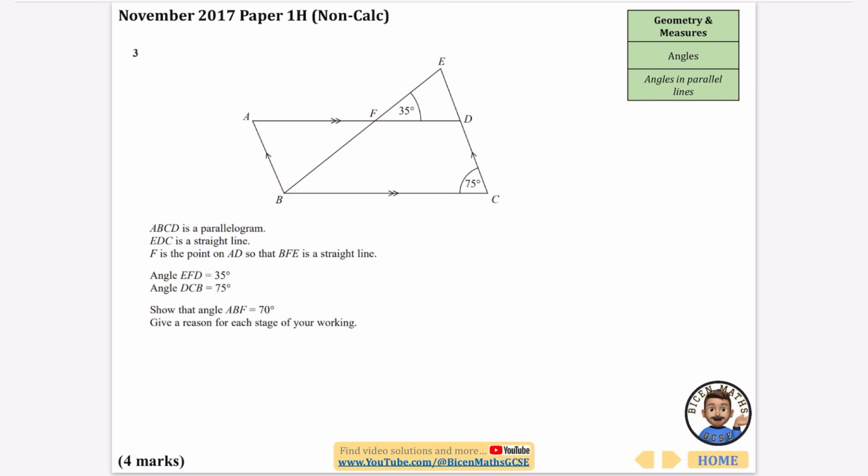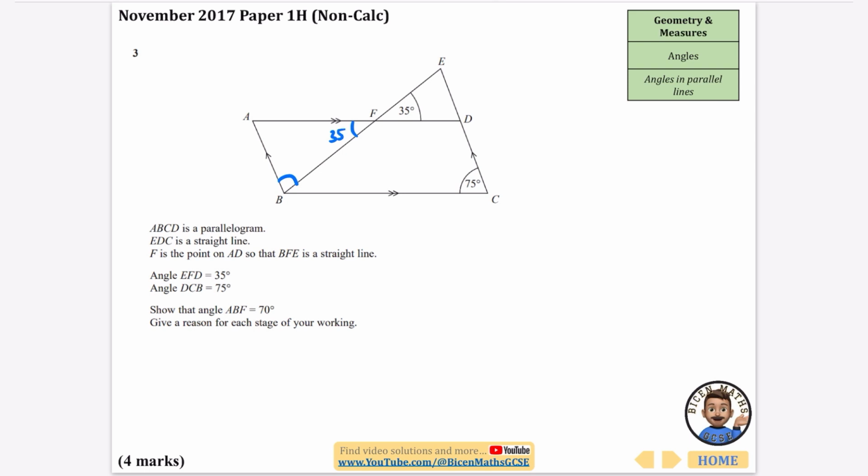ABF, remember it's the middle letter that we're looking for the angle. So this is the one that I'm going to try and do. And it does say give a reason for each stage of your working. Now you can either draw them on the diagram and annotate it with reasons like angles on a line, or you can actually do what I'm going to do, which is to write them with the reasons next to it. So I'm going to start out, I'm actually going to find out this angle that we've got here,